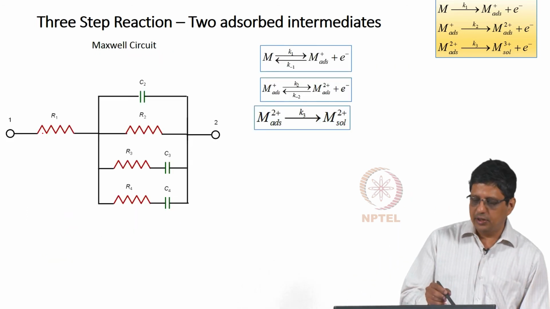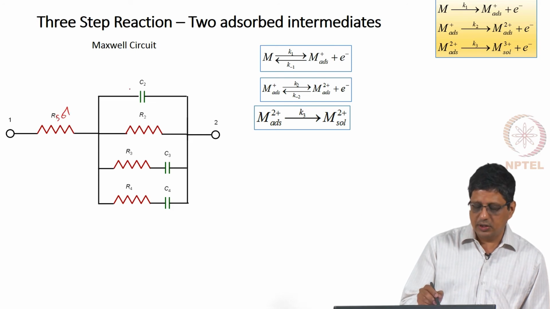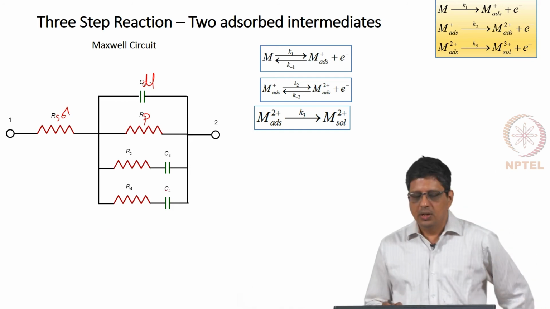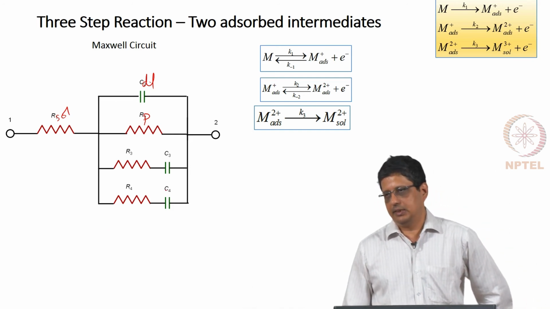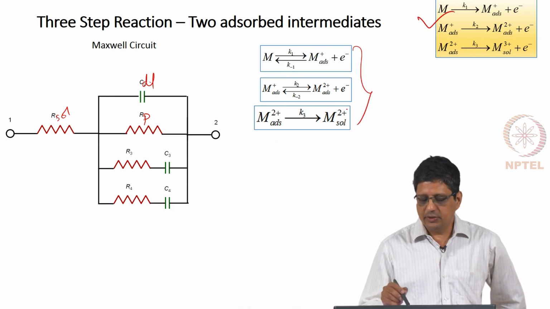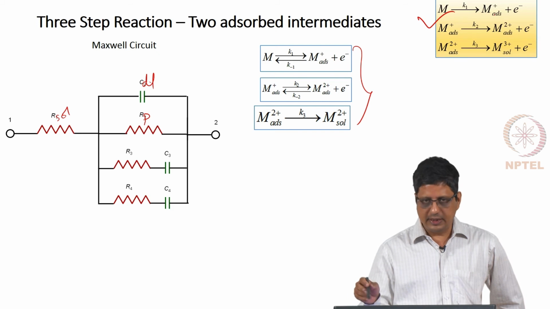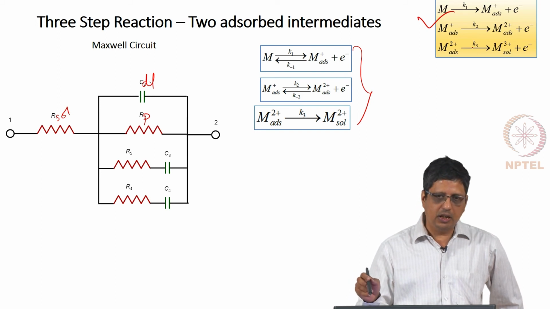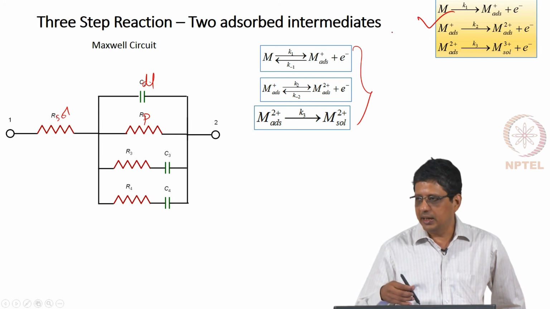So, we saw that we can use this circuit, it is just that this is going to be our solution, CDL, this is RP in this representation. You can come up with other variants. This is just one example. This is what we have seen before, this is the next variant where I can say the first step is reversible, the second step is reversible. In all these cases, of course, if we really take it near the equilibrium potential, these have to be reversible. What you assumed is irreversible, meaning probably it is a little away from the equilibrium and the reverse reaction can be neglected.